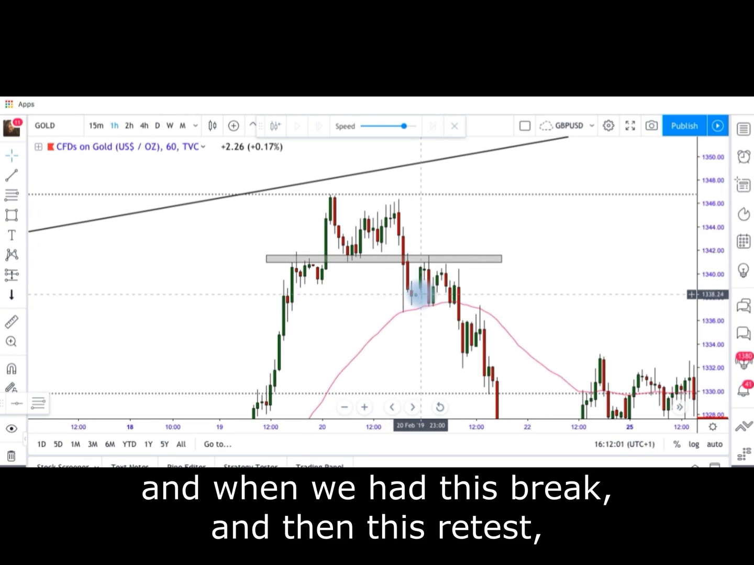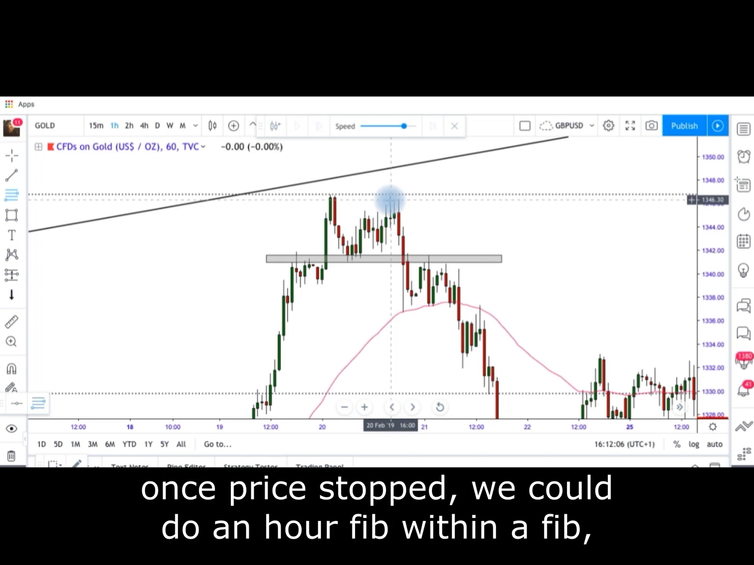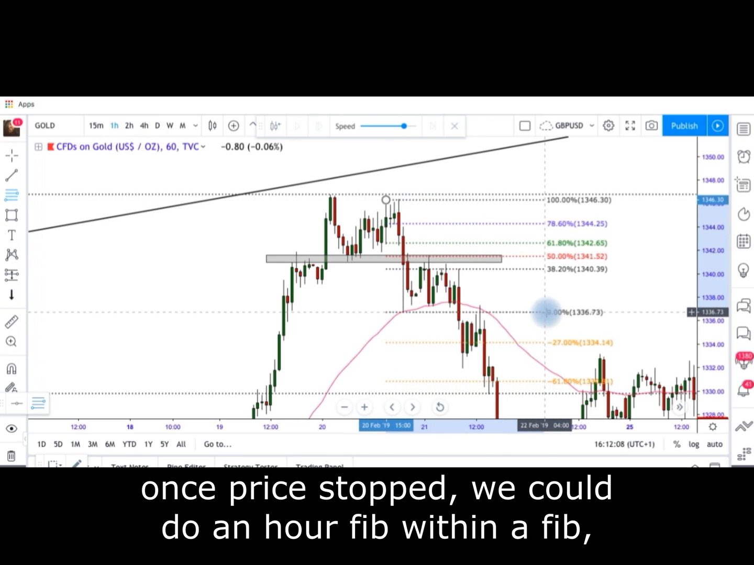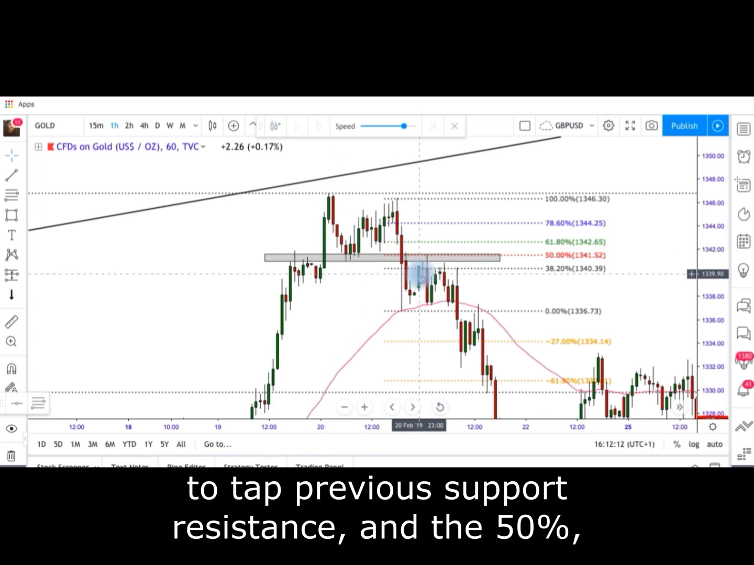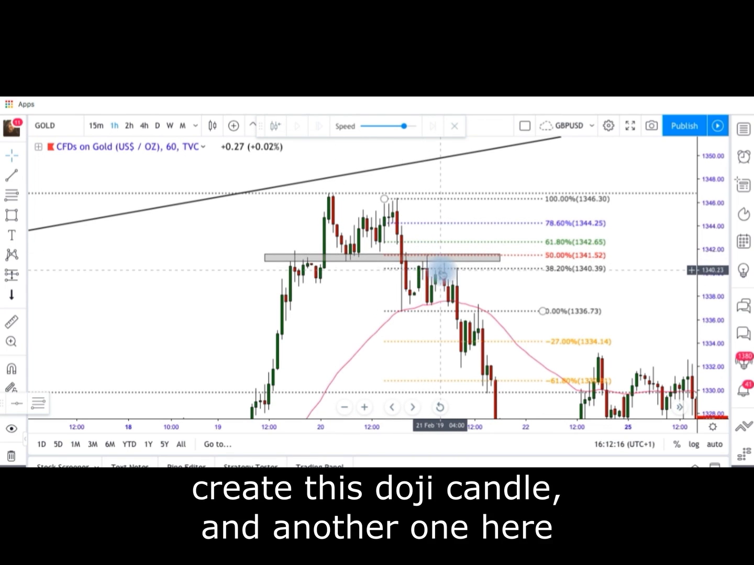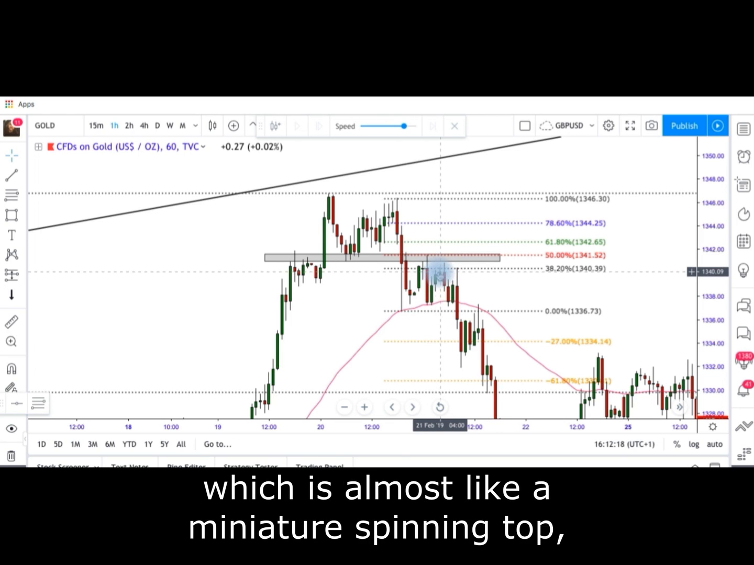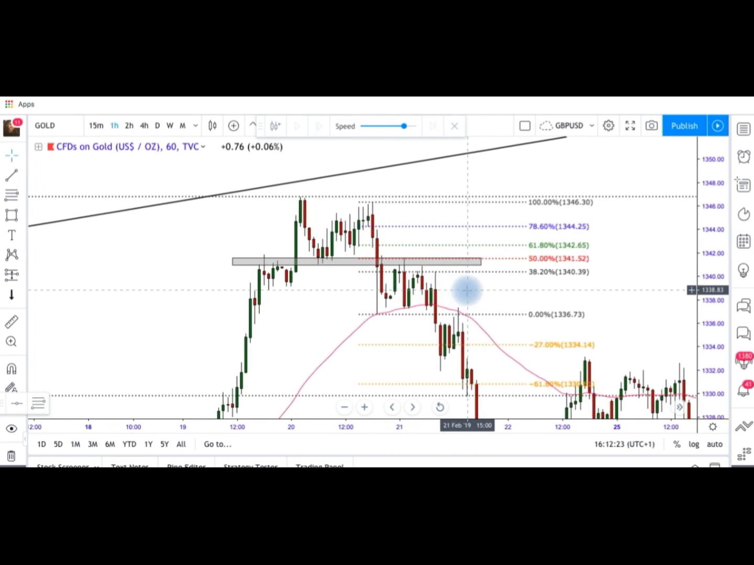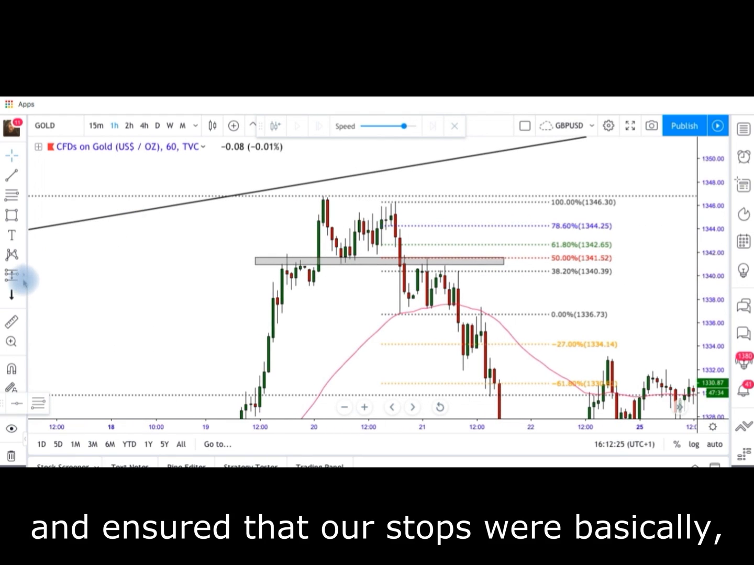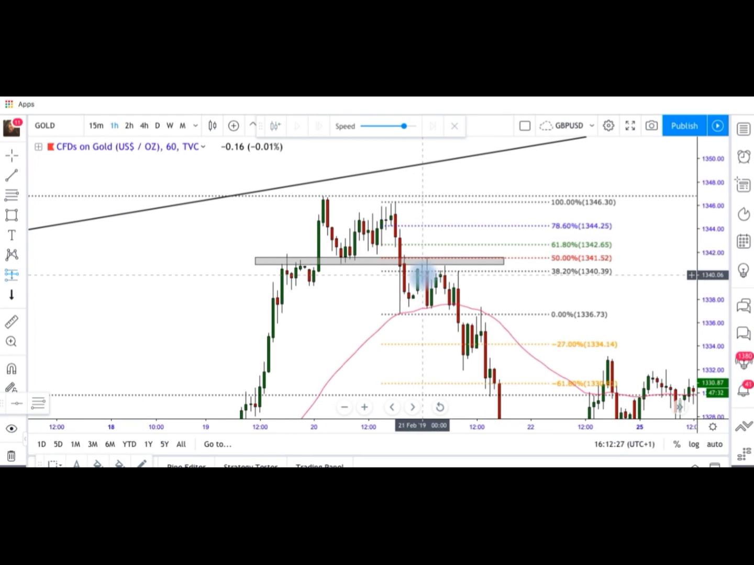And when we had this break and then this retest, once price stopped, we could do an hour fib within a fib. And we can see that price came up to tap previous support resistance and the 50%. Create this doji candle and another one here, which is almost like a miniature spinning top. So we could have got in on any one of these and ensured that our stops were basically, so we